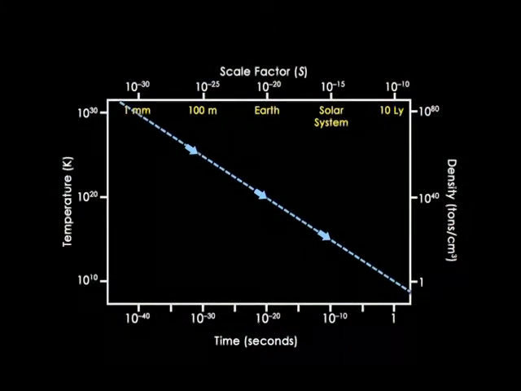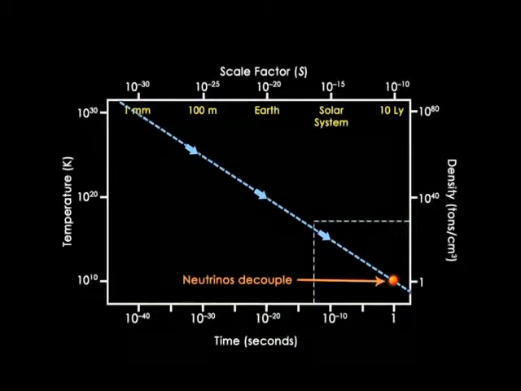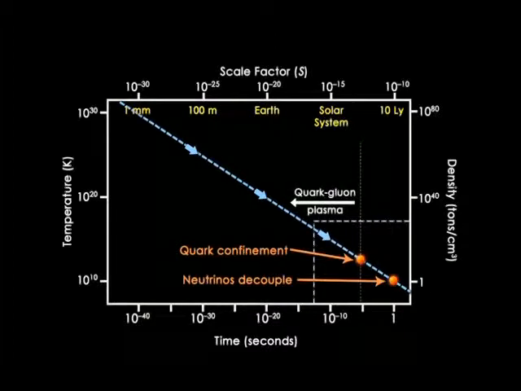So let's start by regaining our bearings using the time-temperature graph that shows how the universe cools and thins as it expands. The version of this graph we used last lecture is just this portion in the lower right. Remember, we have neutrino decoupling at 1 second, quark confinement at 10 microseconds, and before that we have the quark-gluon plasma. So I've really extended the graph to earlier times.